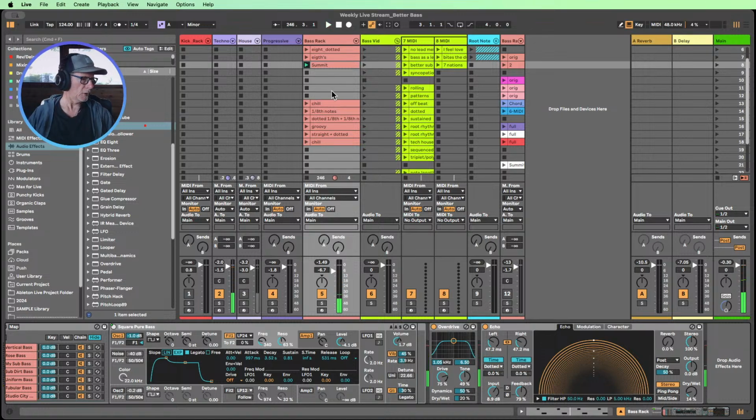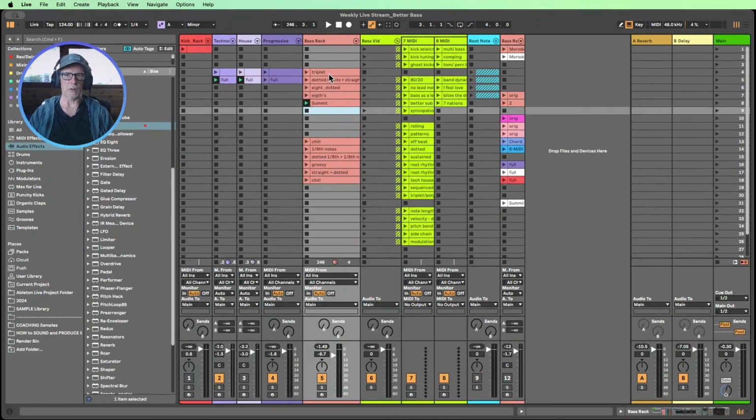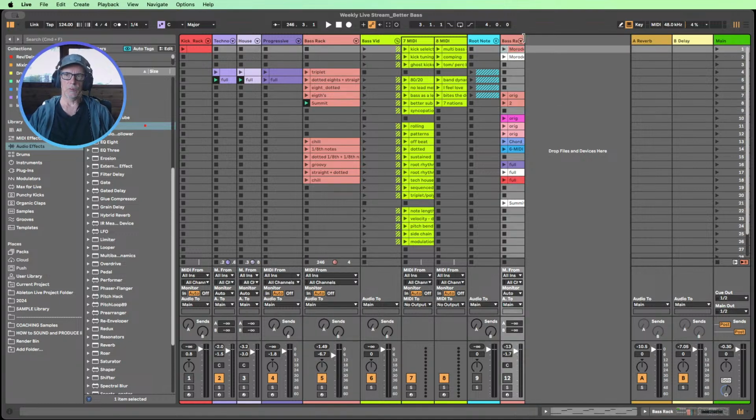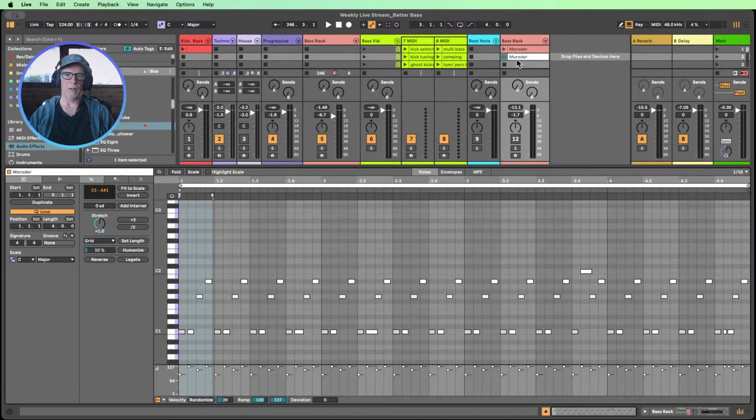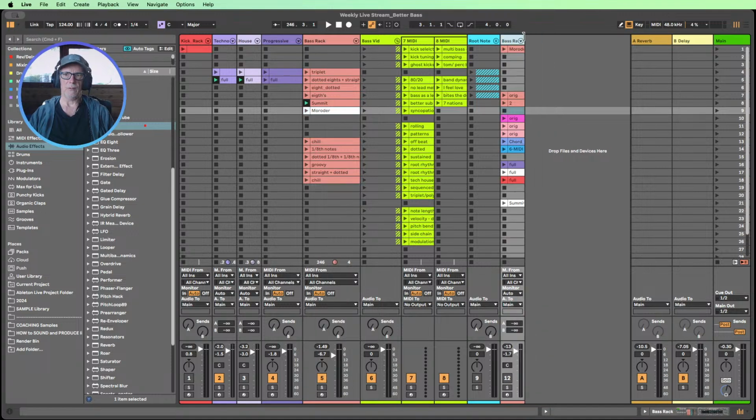So I don't know if you've got any questions there. If you are with me in the stream, I'm going to wrap up in a second. Just been running through some of the basses I've made, the different patterns here using the straights, the eighths, also the John Summit bass line with the little pitch bends on the notes. We had Giorgio Moroder. We could even bring good old Giorgio's Donna Summer, I Feel Love bass back in the equation. That would fit nicely on this kind of acid sort of bass synth sound that we've got going here.